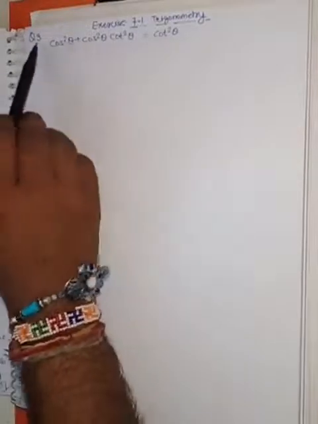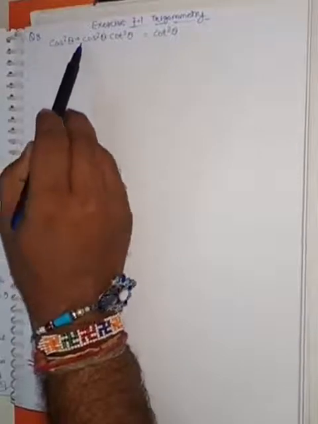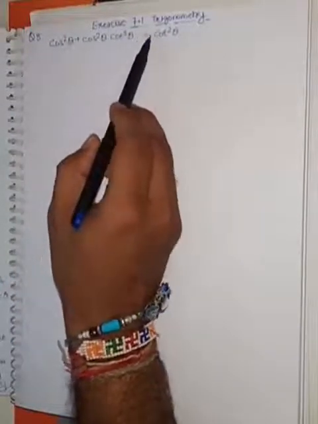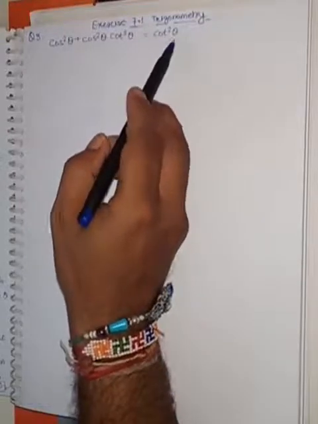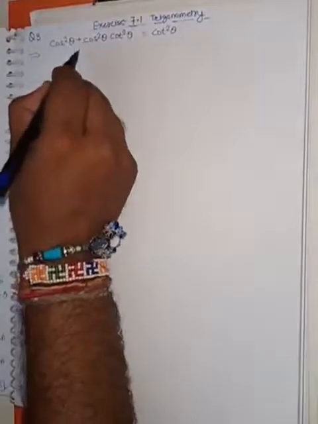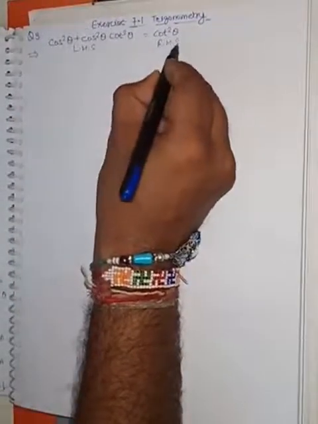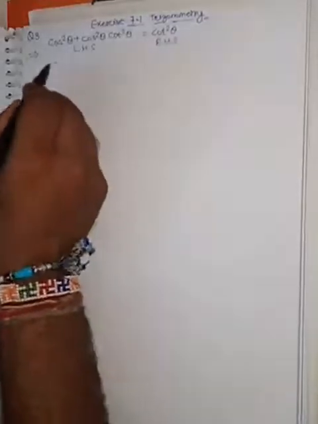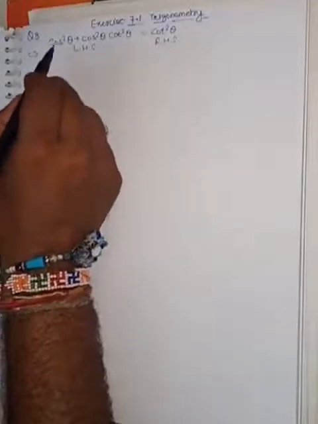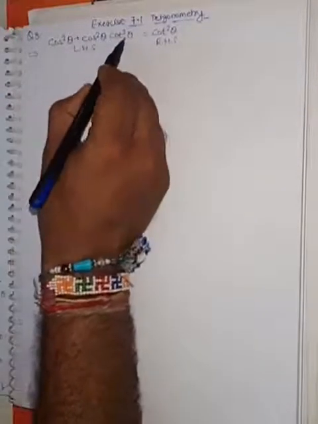trigonometry. So let's start with our question number 3, that is cos square theta plus cos square theta multiplied with cot square theta is equal to cot square theta. We need to prove this. So I already told you we always start from our left hand side part and need to prove it equal to the right hand side part. So we start from the left hand side part. Our left hand side part has cos square theta plus cos square theta into cot square theta.